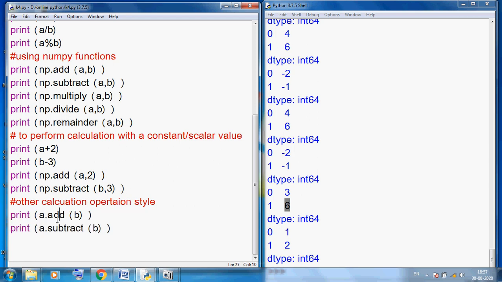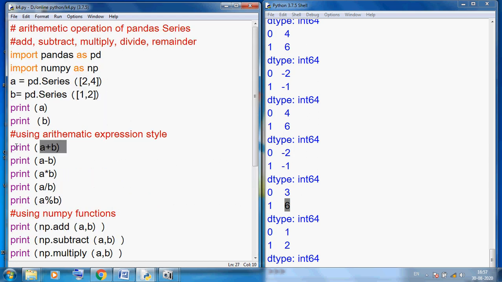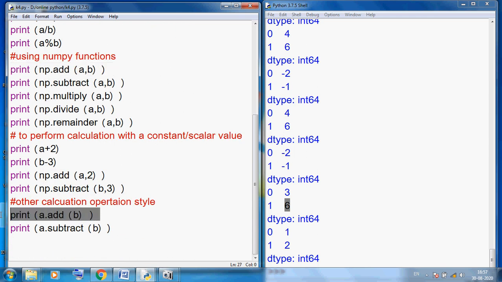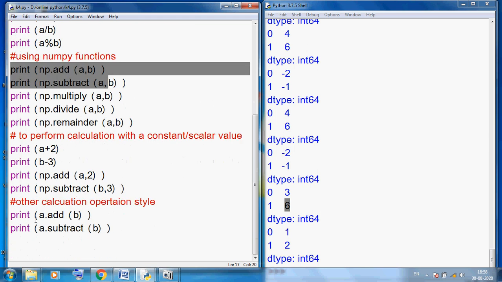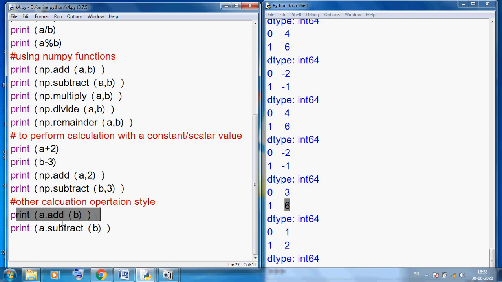So we have three options. We can use a plus b, or we can use numpy add a comma b, or we can use print a dot add b in brackets. So we have several methods to perform a task. We can use expression style, or the help of numpy functions, because numpy arithmetic functions also work with pandas series, and we can also use the series style: a dot add, a dot subtract, a dot multiply.